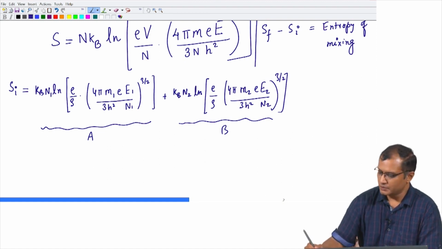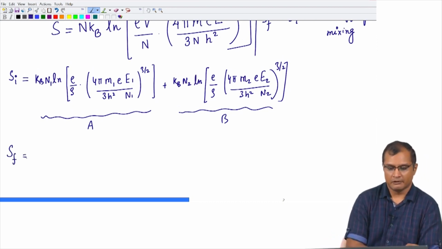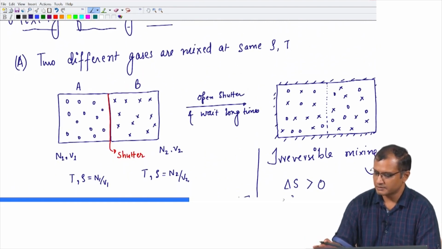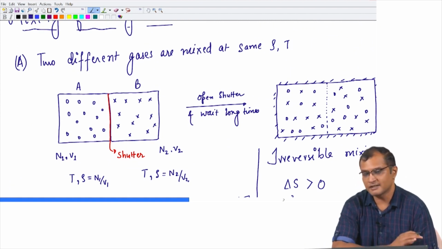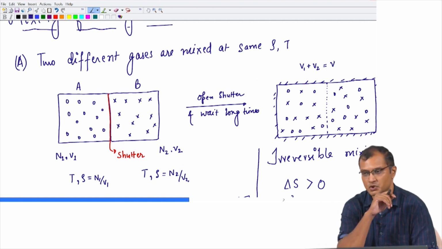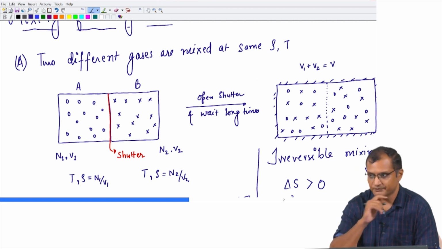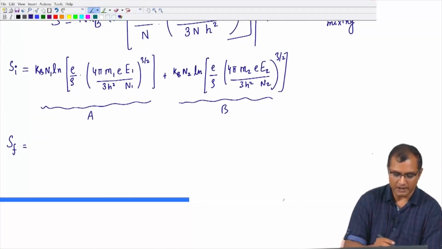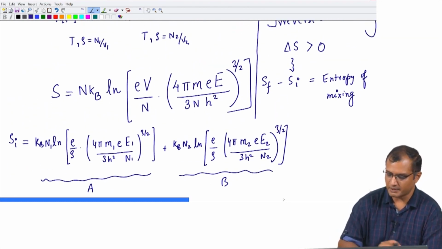So, right, now what we can do here, we can write down the final entropy also. Finally, if you look at the system here on the right hand side, the N1 particles of A now have access to the entire volume. So, if I call the final volume the sum of the initial volumes, which is V, V being the joint volume of the two boxes, I can see that my zeros and the crosses are both occupying volume V. So, if I want to write down the final entropy, the same expression that I have written here for entropy gives me